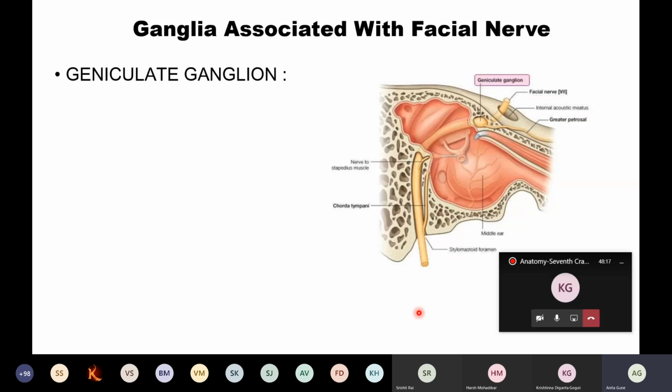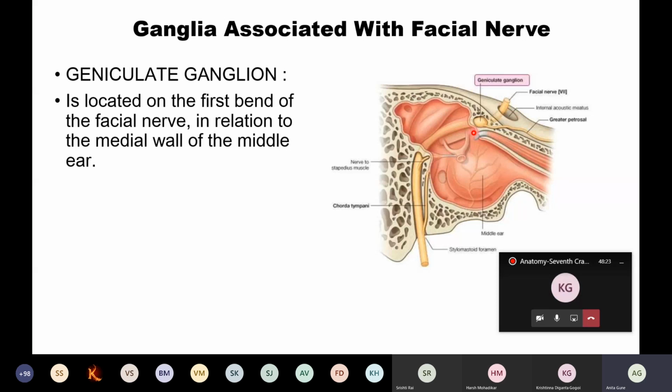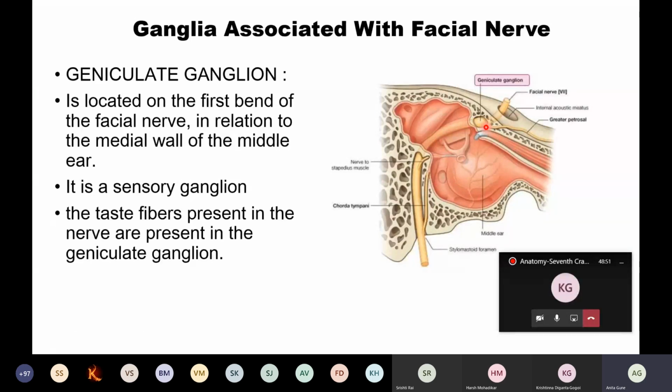Now we have all spoken about ganglions related to the facial nerve. What were these ganglions? First ganglion we saw was the geniculate ganglion, which is present at the external genu of the facial nerve, which is the bent part between the meatal part and the tympanic part. That is the acute bend of the facial nerve between the meatal part, intrapetrous part, and the horizontal part, that is the tympanic part. It is related to the middle ear cavity or the medial wall of the middle ear cavity. It is a sensory ganglion because the sensory fibers, that is the somatic afferents, general as well as special, that is taste sensation, will be relaying over here.